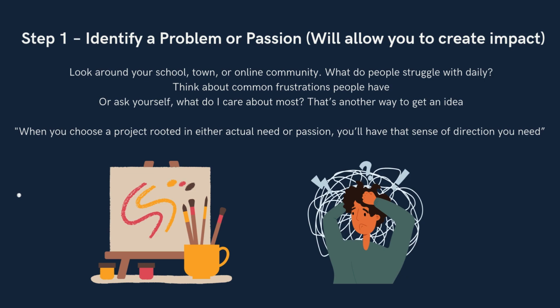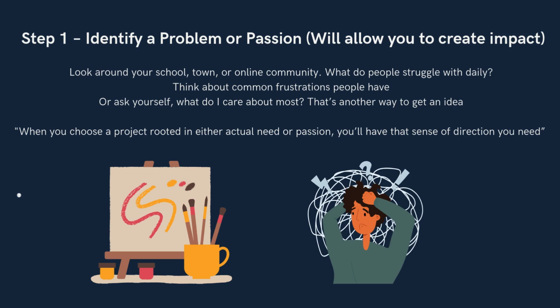So, step one to actually start a community project, we really need to start with finding a problem or passion you have. This is the foundation of your entire project, since there has to be a need for your project, or you have to really want to do that specific project itself. If you don't have a passion to do it, you're going to be less motivated, and if it's not something you feel people can benefit from, then it won't be as easy to make the impact. So, you'll need either a problem, something that's broken, missing, unfair, unsafe, or ignored, or a passion, something that you love so deeply that you can't imagine not doing something about it.